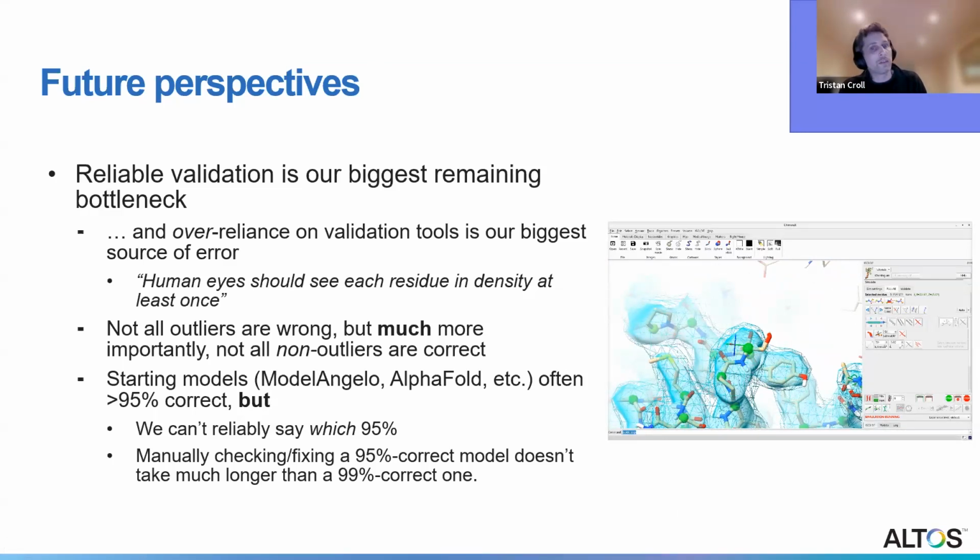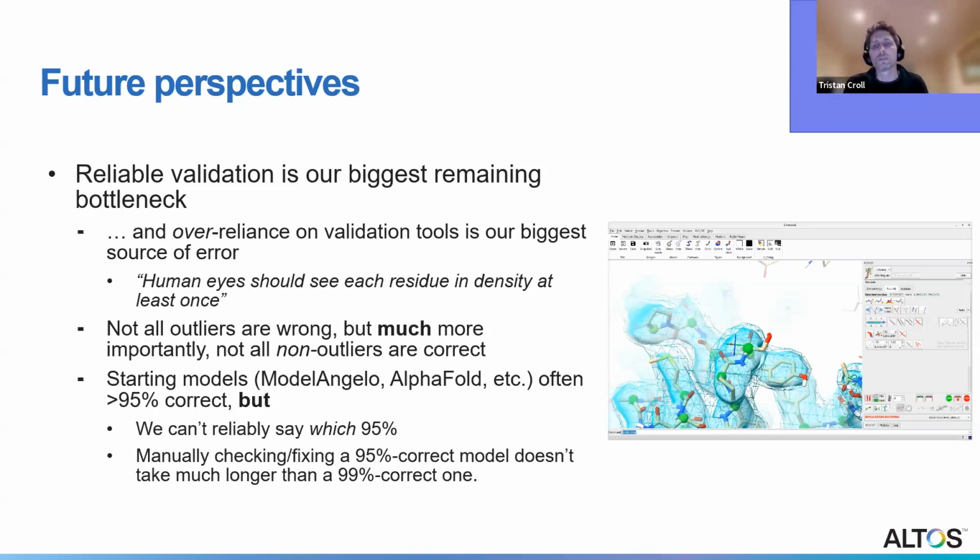And they're good at doing that, but the really insidious problem is that most of the problems that you will find in a model these days in the PDB aren't statistical outliers. They're residues that are within the allowed contours of the Ramachandran plot, the rotamer contours, etc., but they're still wrong. And we don't have tools that can truly reliably find those.